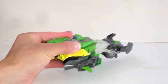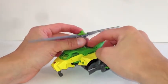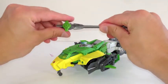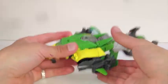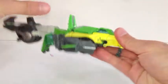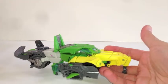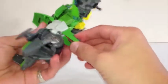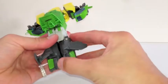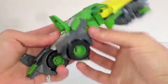Then you want to remove the blade too, which is kind of really tough to get in and out of there. Well, it's easy to get in, and it gets in there good. So we'll convert this back to a sword for now, and get into the armored car mode. So for the armored car mode, you want to come up to the front here and untab the front, and this kind of will come back to form the fuselage of the car. Then you want to come and angle these forward, get those kind of out of the way so you can take the legs, split the legs like that, like so, and this